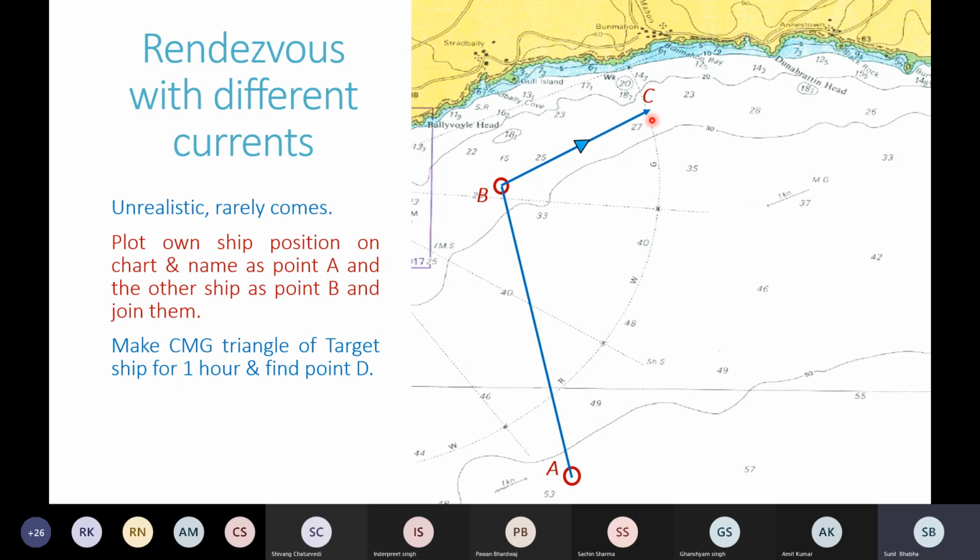Now from point C, I plot the current vector. This is the current which is given to us in the question and the current which is acting at the target location. So this is the current vector here, the red color vector. Let's mark it with 3 arrows. So we have the current vector with 3 arrows. Wherever this vector is ending, let's name that point as point D. Now, if we join Bravo to Delta,